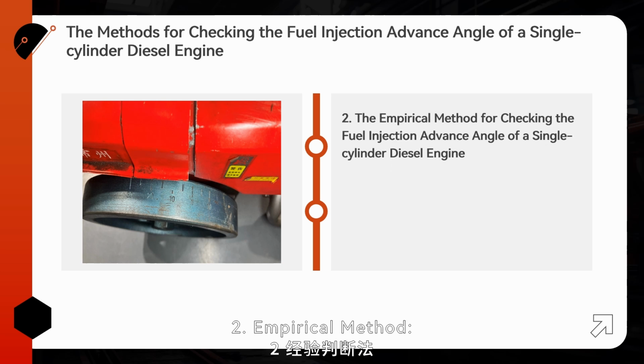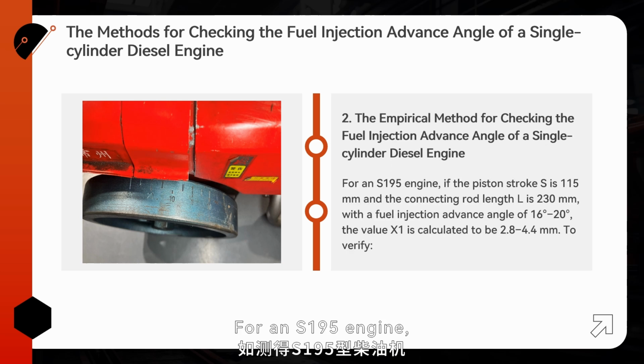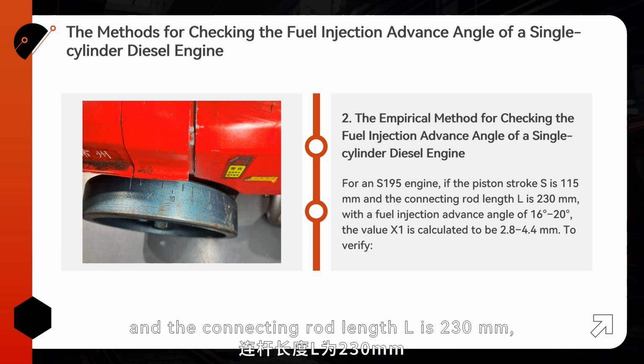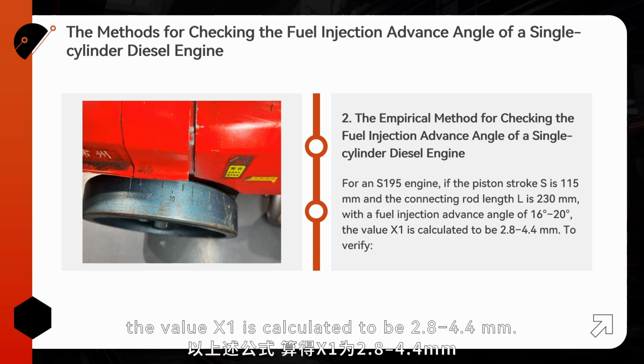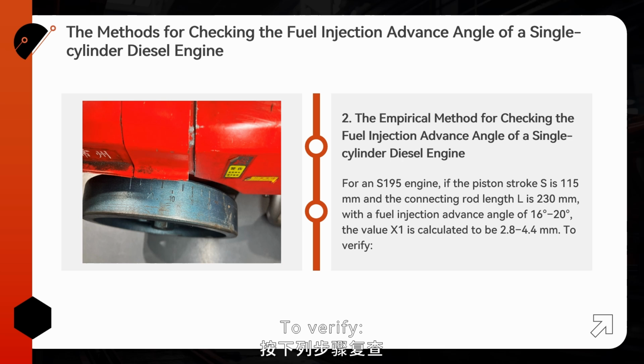2. Empirical method. For an S195 engine, if the piston stroke S is 115 millimeters and the connecting rod length L is 230 millimeters, with a fuel injection advance angle of 16 to 20 degrees, the value x1 is calculated to be 2.8 to 4.4 millimeters. To verify: